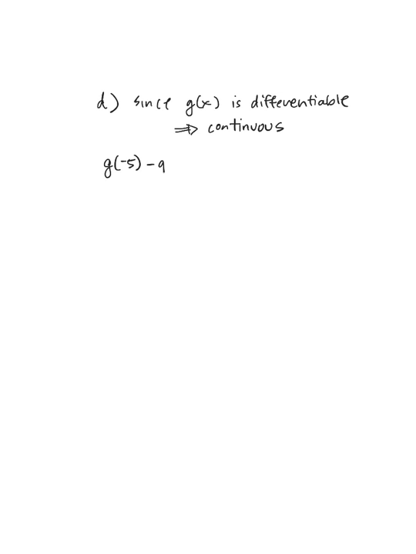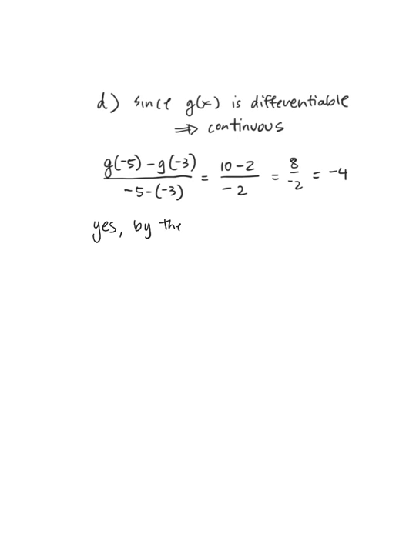I want to know, again, we have g of -5 minus g of -3, so that's just change in y over change in x, or slope of the secant line. Those values come from the table. And we get 8 over -2 or -4. Lo and behold, that's the value we're looking for. So yes, by the mean value theorem,